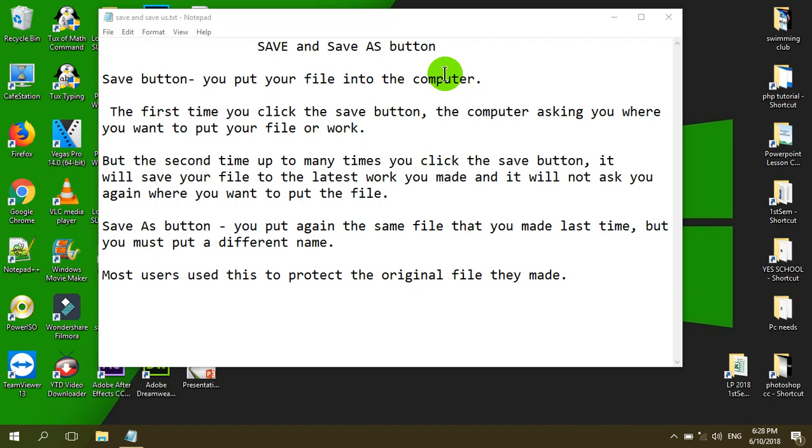So I will teach you how to use the save button, how to save a file, and also what the use of the save as button is. Okay, the first time you click the save button, the computer asks you where you want to put your file or word. For example,